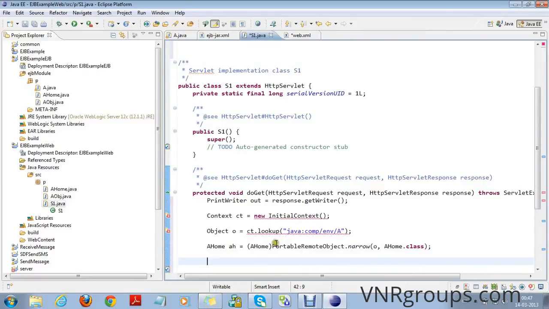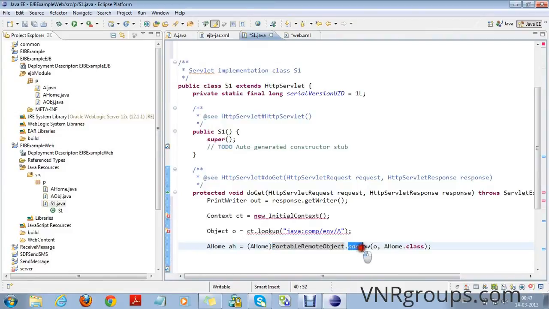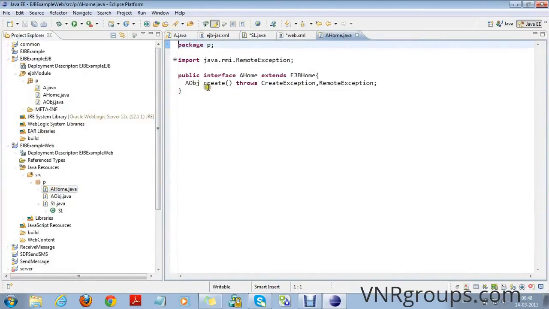Next, we call the narrow method of PortableRemoteObject. This narrow method returns a reference to an object that implements a home interface. Next, we will call the create method of a home interface.